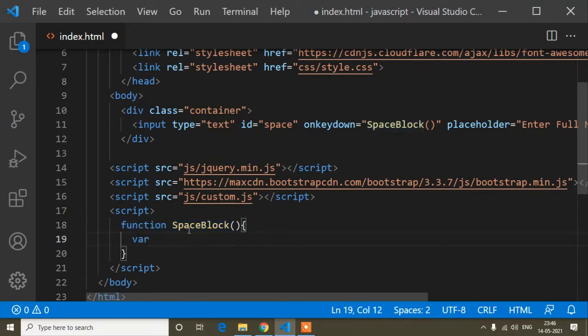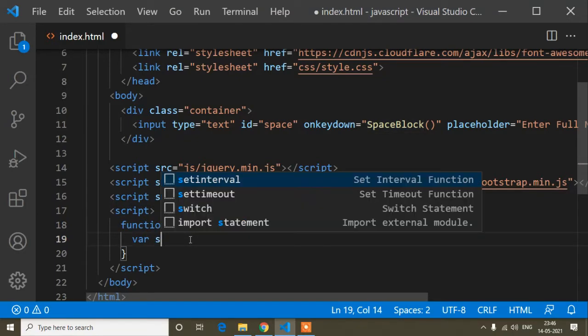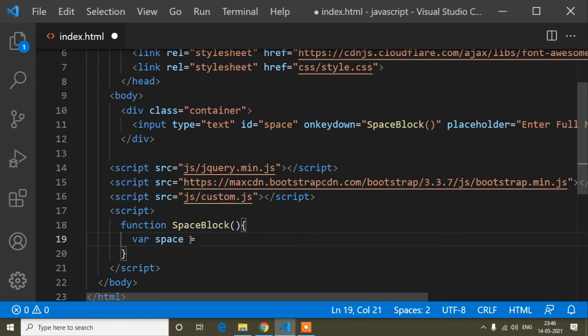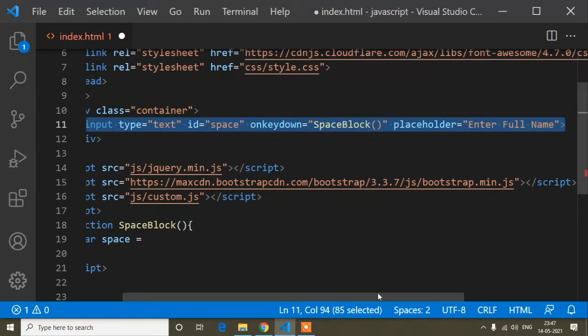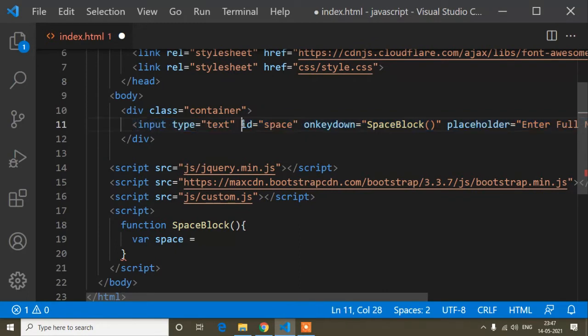Okay, so now here I will write a variable name, I will write space. Inside this variable I will store the ID. And why am I storing the ID? Because if I store this ID, then I will get the DOM element of this input field, because I have mentioned an ID. An ID is always unique, so here I have mentioned the ID name is space.